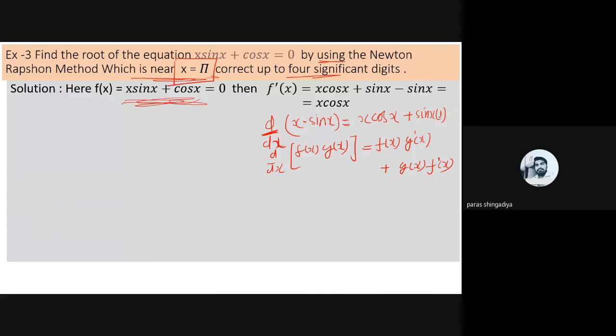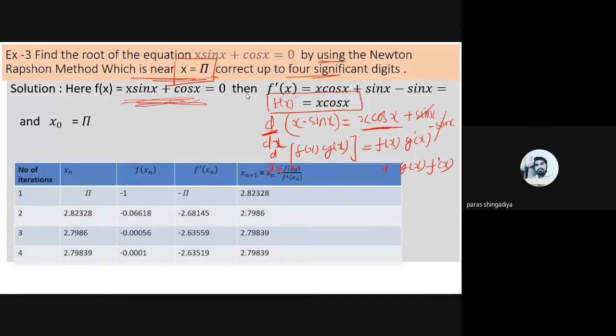So that is only sin x here, and then the next term is cos x, so the derivative of cos will have a minus sign. So that is minus sin x. Now sin x and minus sin x cancel, and the remaining term is only x into cos x. So this is our f dash x, x into cos x. Clear? That is the derivative of the given equation. And now x0 is already given in the example. x0 is equal to pi. Clear? So let's start